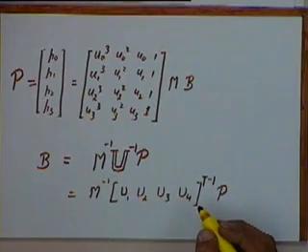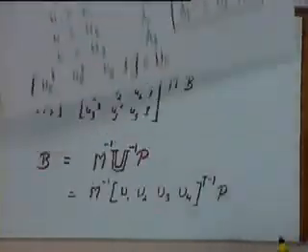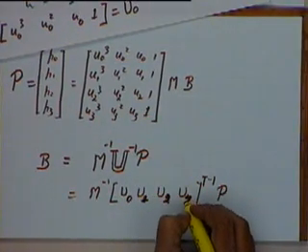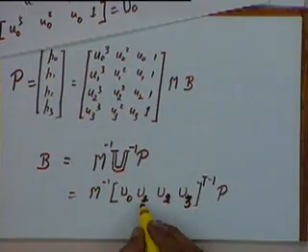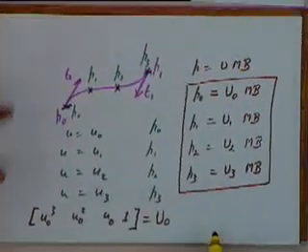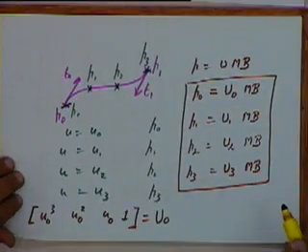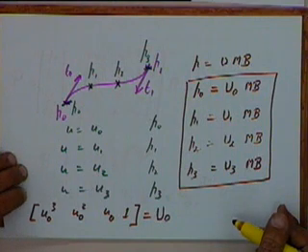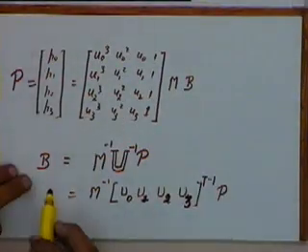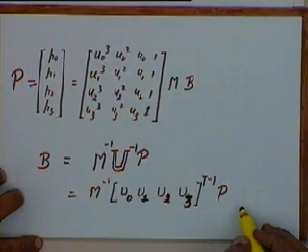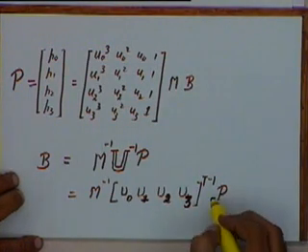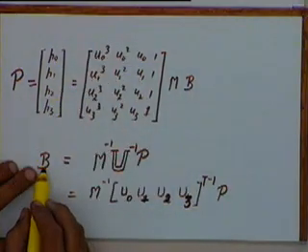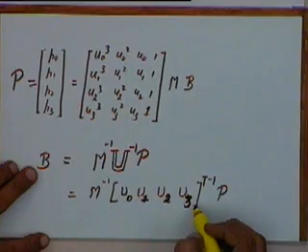Here u0, u1, u2 and u3 are these 4 vectors. u0 is like this, and u1, u2, u3 are similar vectors. So we get B as a matrix given by this expression. What that basically means is that if I am given the 4 points P0, P1, P2 and P3, I can find the standard geometric matrix by pre-multiplying by these two.